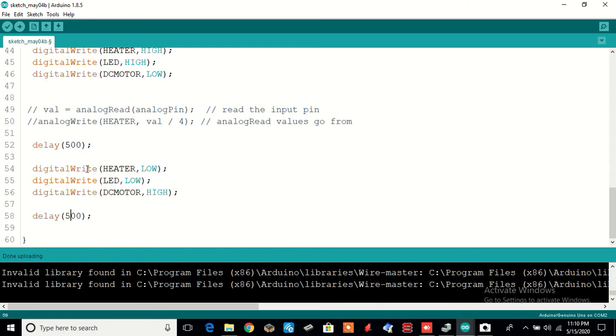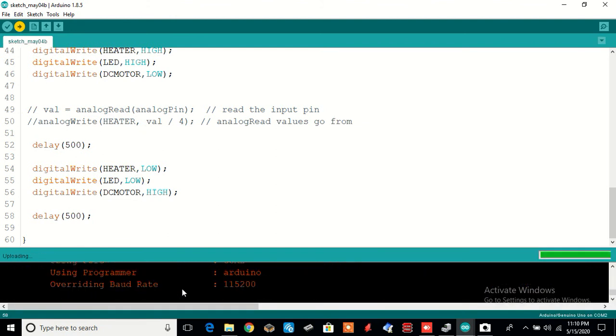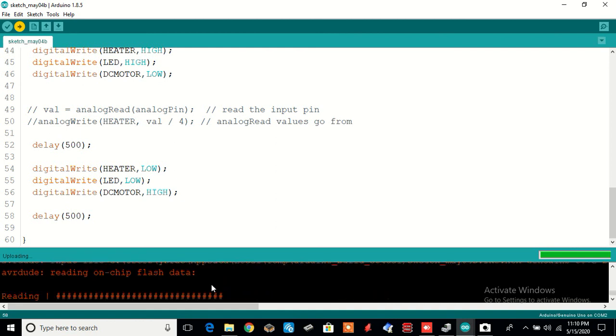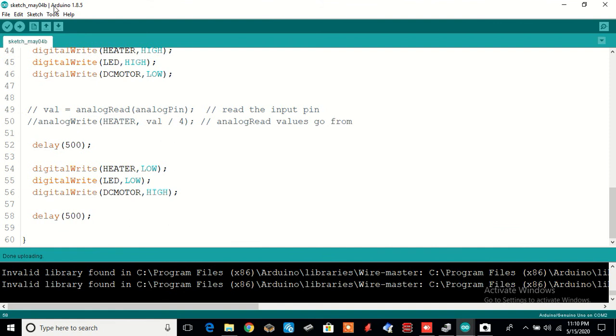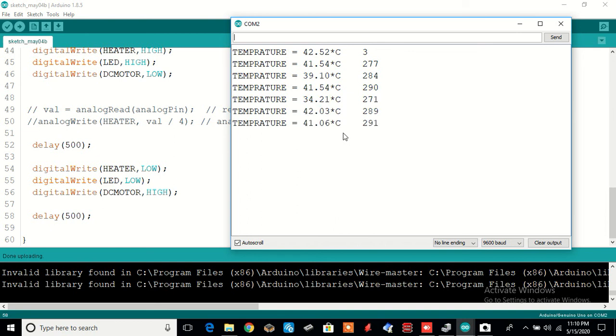Whenever I make changes in the program, I compile and upload the program once again. Once that is done, as you can see, the program is uploaded. Now, if I open the serial monitor, the variables are displayed very fast because I have changed the delay to display these variables.